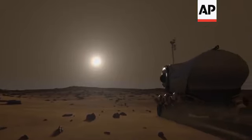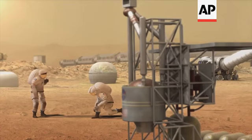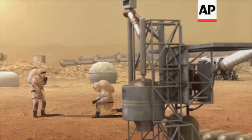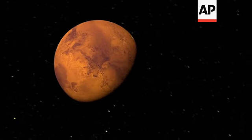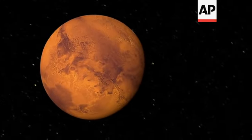And we want to go to a variety of scientifically exciting locations. Do it in ways that humans and only humans can do. And so our orbital assets are critical to be able to determine and look for those right landing